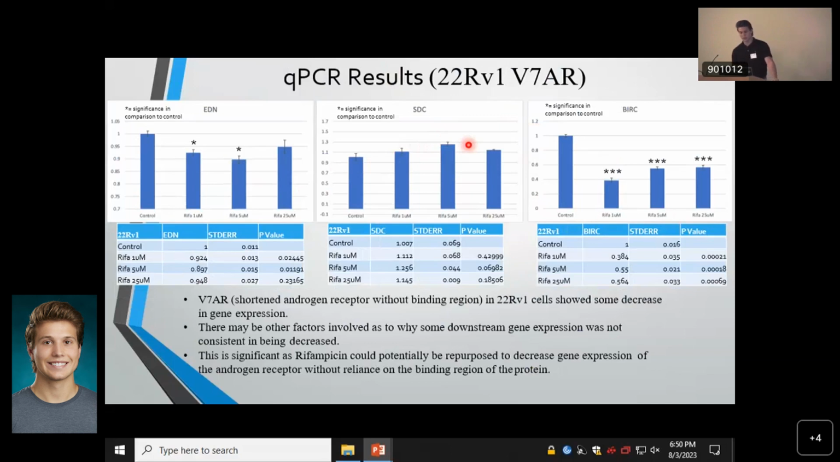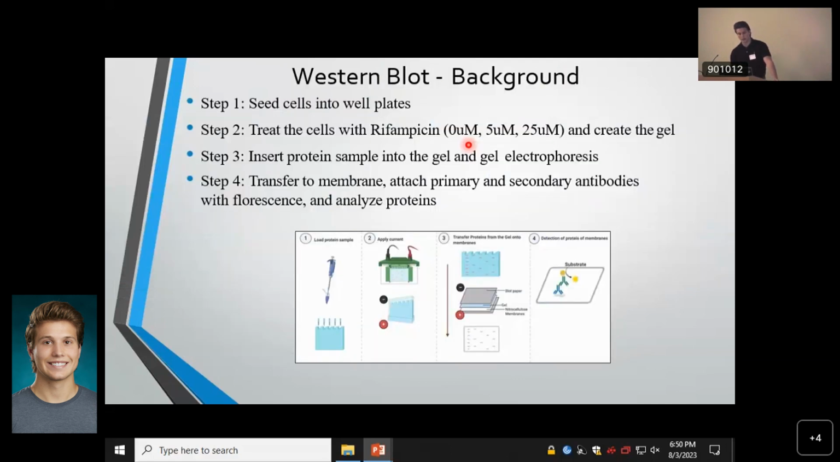So after qPCR, I then went on to do Western blot, and this is the background of Western blot to get an idea of what I did. I first seed the cells into well plates again. I treat them. I did 0, 5, and 25 micromolar concentrations of rifampicin, and then I create the gel,